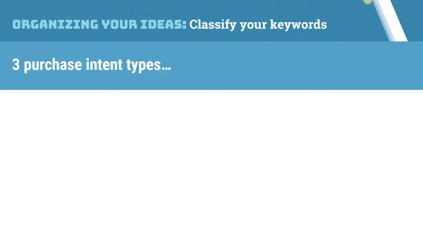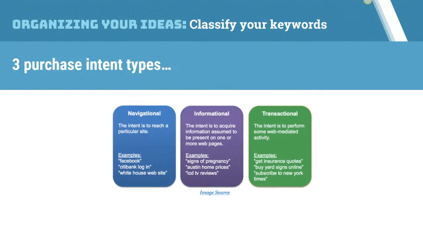So I built around my core phrases, and now I have longer phrases. Now I want to classify them into three purchase intent types to make sure that I'm targeting them correctly. These are the traditional intent types that come with searching: navigational, informational, transactional. People are either navigating somewhere, or they're looking for information at the beginning of the research cycle, they have a question about something, or they're looking at multiple vendors, or just looking for what the solutions should be to their problem. And then transactional, they might be ready to purchase.